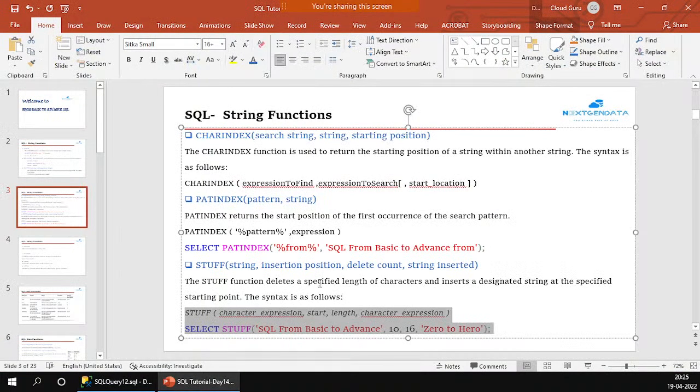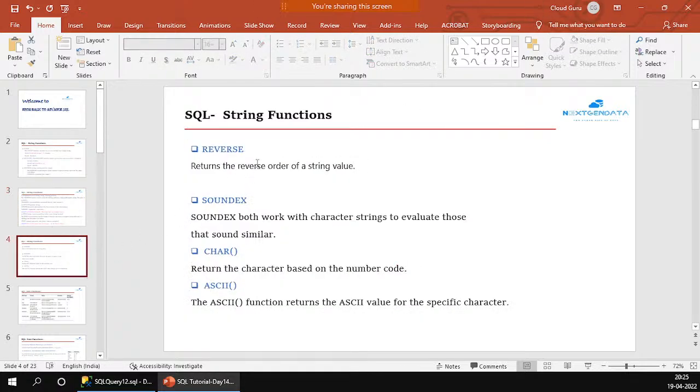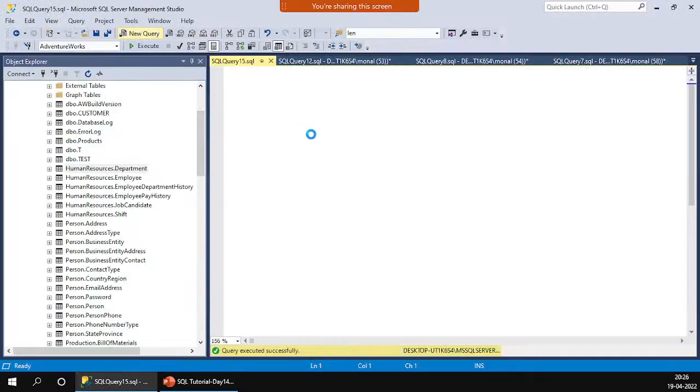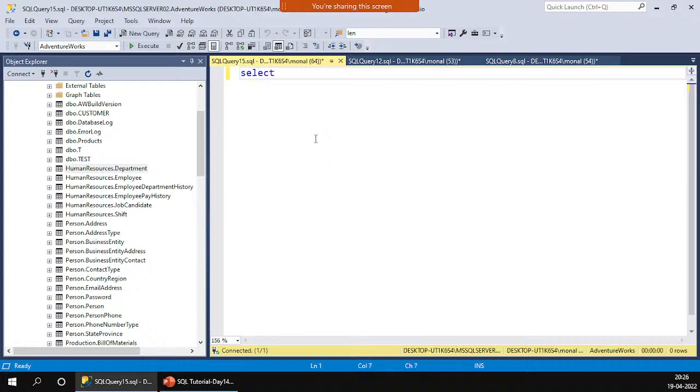Then let me show you one more string function, reverse. So, the reverse string function basically reverses the characters of a string, and we utilize the reverse function to reverse the string. Okay, for example, if I have a word like hello world or hello SQL, let me see, select,